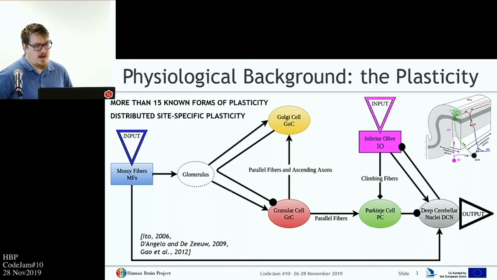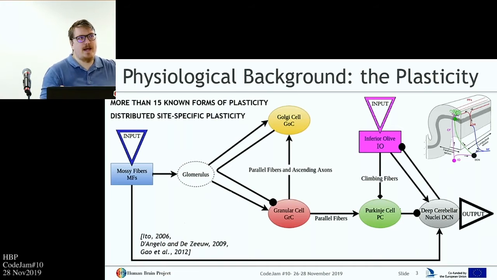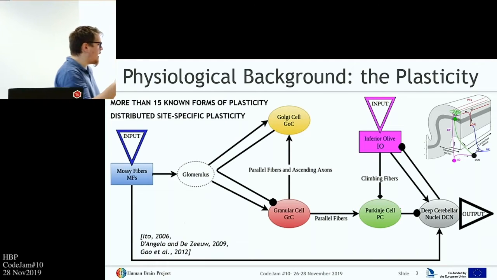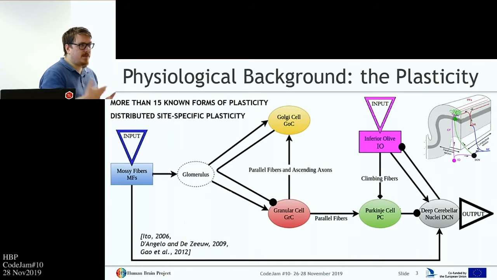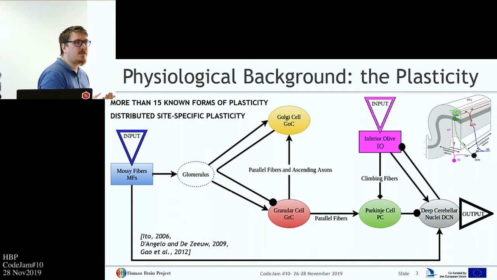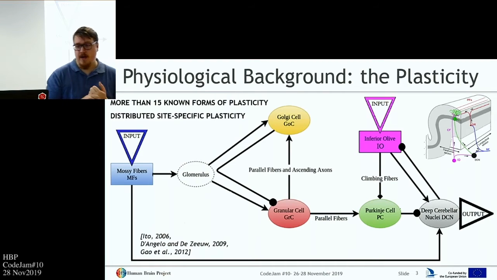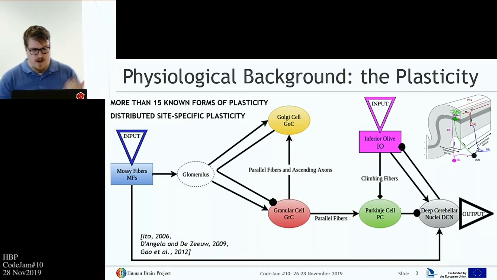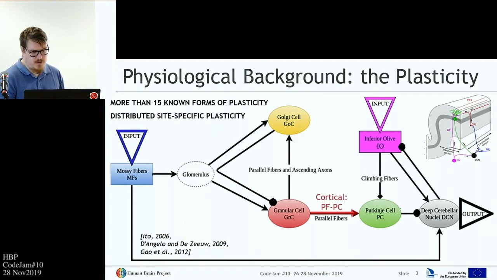So I will focus more on the plasticity, which is, let's say, the main mechanism in which we are interested because we want to have a learning system. So to have learning features, we need plasticity. And the cerebellum is the most plastic structure in the brain, and it has different plasticities at different sites. There are more than 15 known forms of plasticity, and in our model we have included just some of them, and we have included the